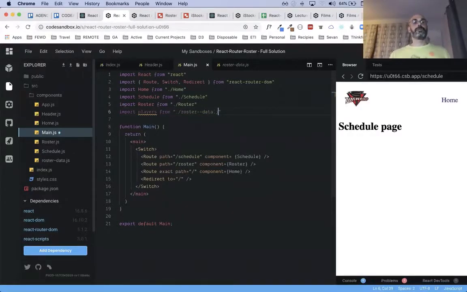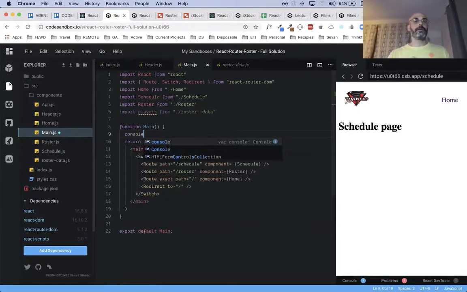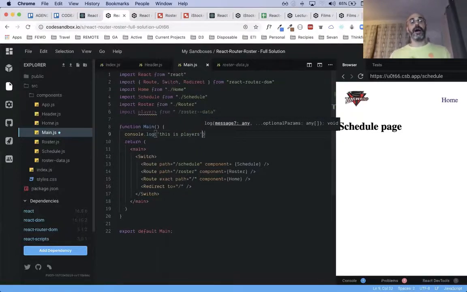I think I could just do, I don't even need the JS. I want to confirm that I have it, right? Players is created, but never used. So I'm just going to console log and say, this is players. When you're leaving console logs, I highly suggest that you leave some indication of what it is